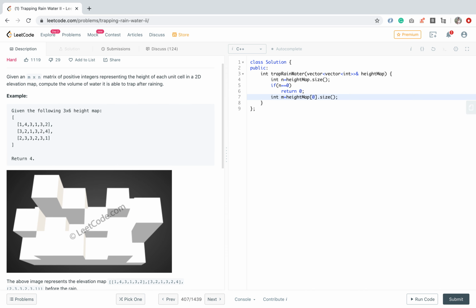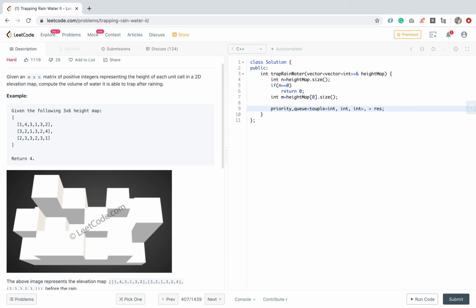Basically we will use a priority queue which will consider a tuple of three integers. First the height, then the x coordinate, then the y coordinate. These three things we need.